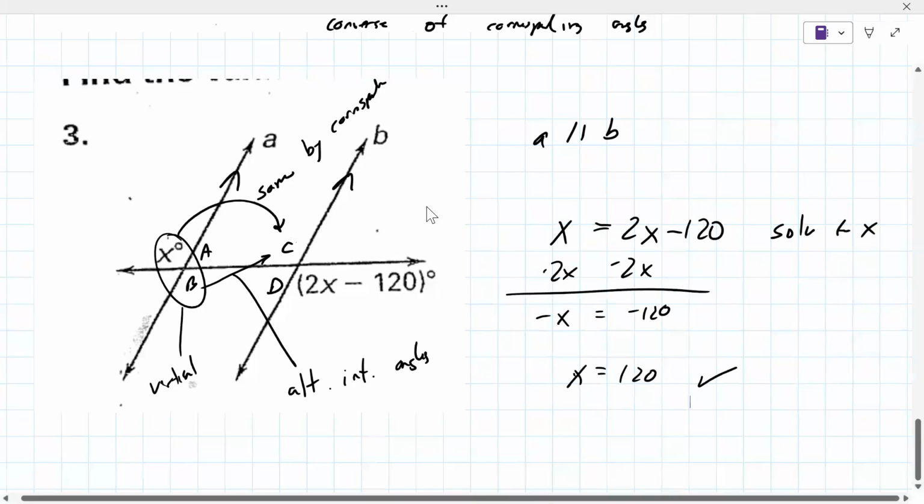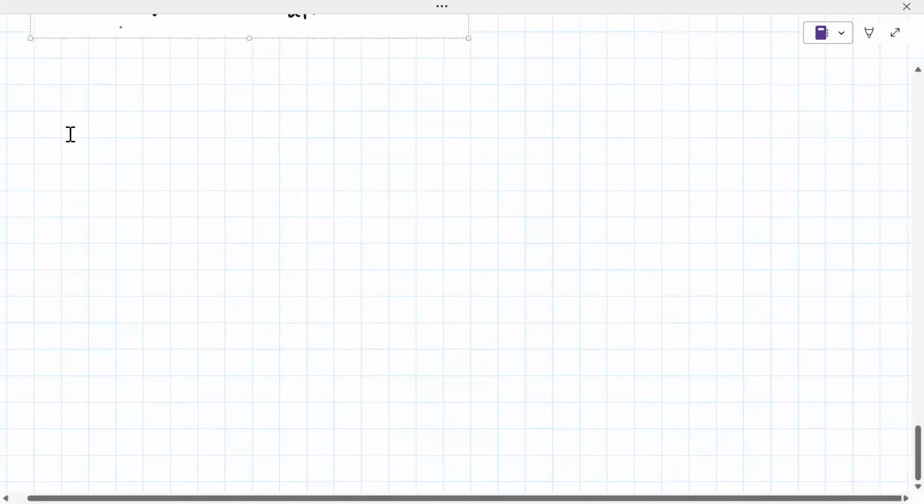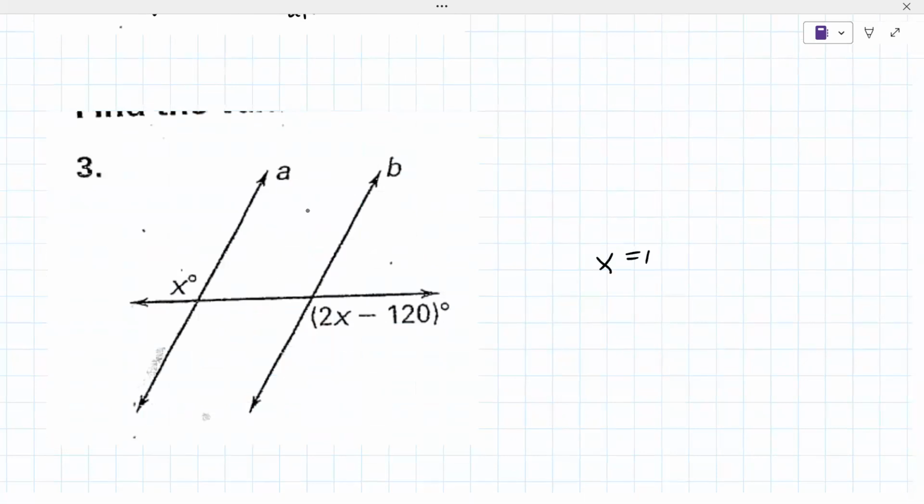Now, last question before we close out here. It's going to be the same picture. So if X equals 120, can you tell me the measure of angle Y? What is the measure of angle Y? What does X plus Y add up to? It ends up being 60 because of the fact that they add up. They are a linear pair. Okay, good job. We are all out of time for today, which means